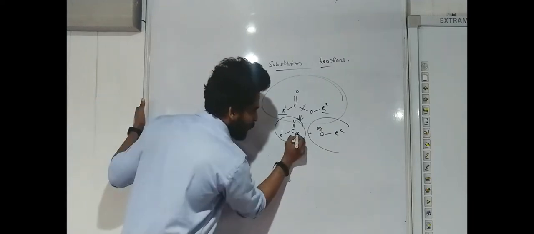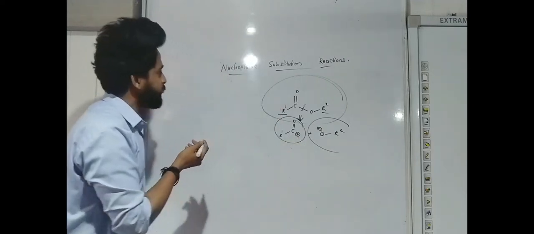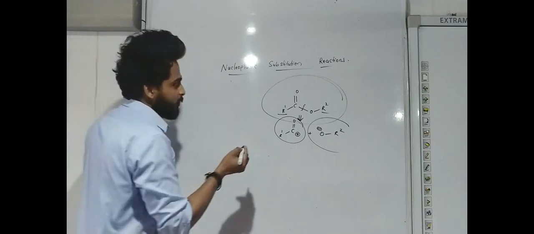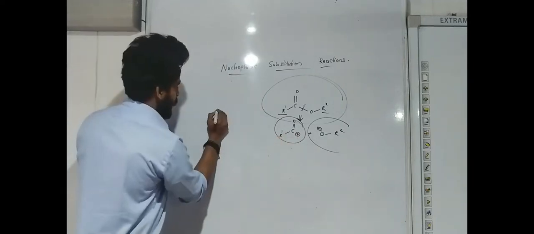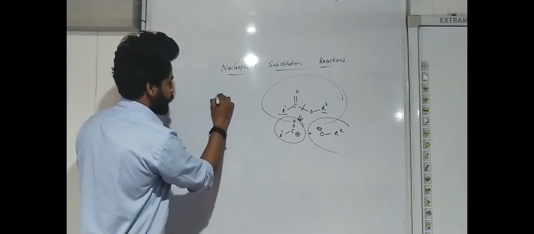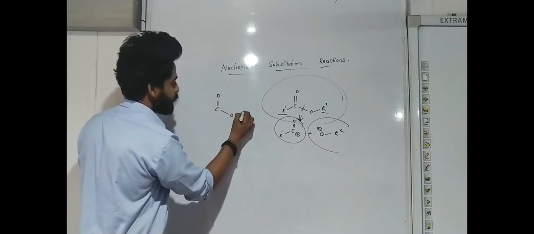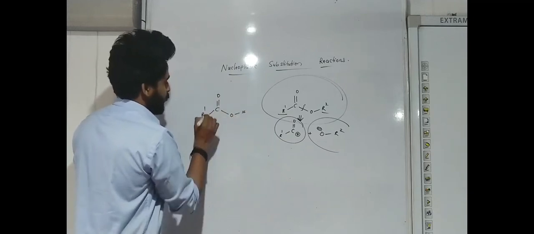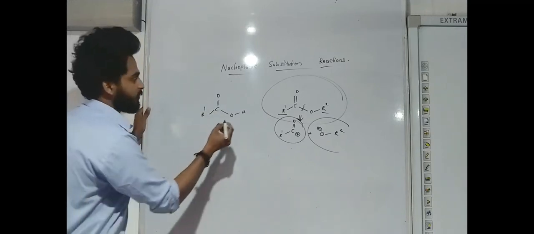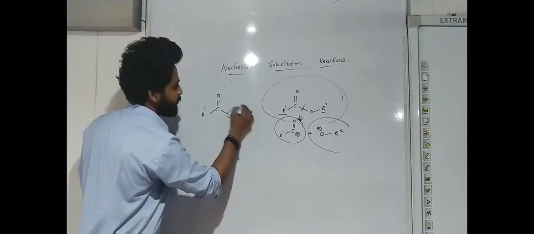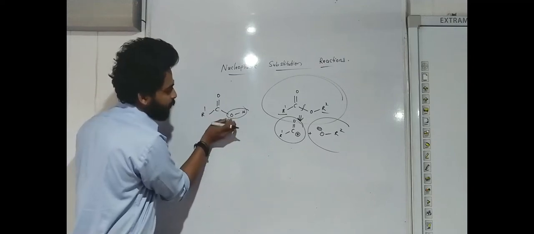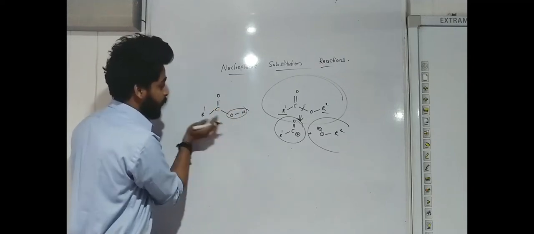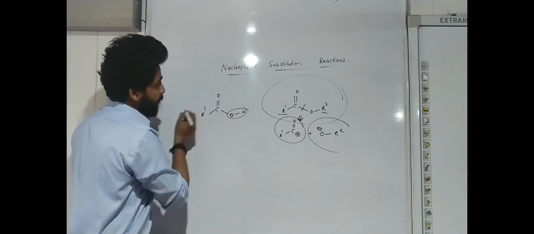To make R C plus over here, we already discussed the nucleophilic substitution reaction. So we have to add one electronegative group over here. For example, C double bond O, OH, R dash. Here OH is there, so we can call it the electronegative group, because oxygen is more electronegative than carbon.